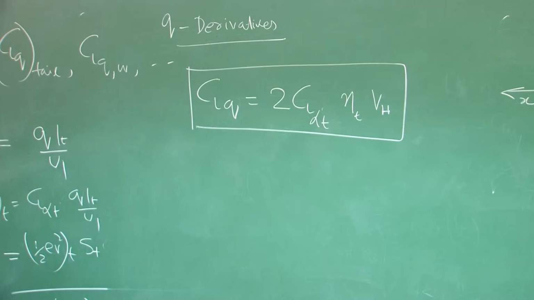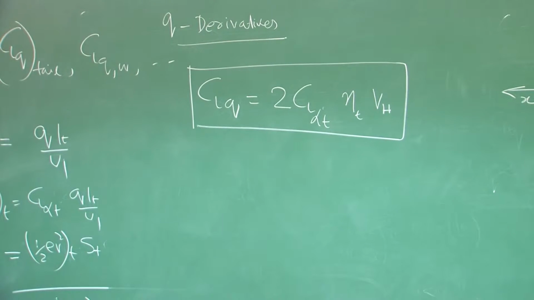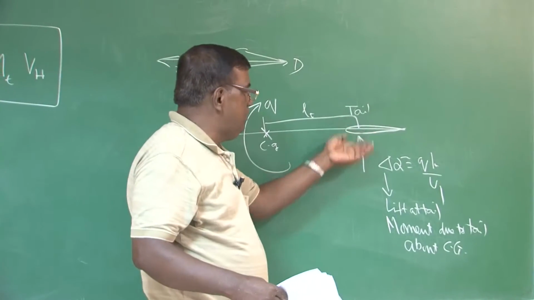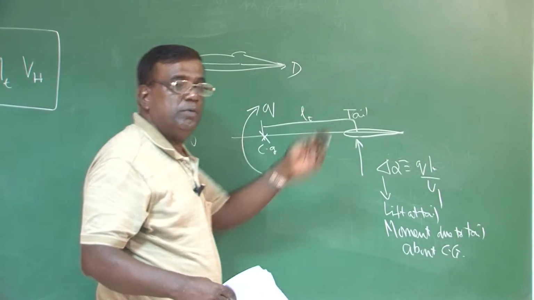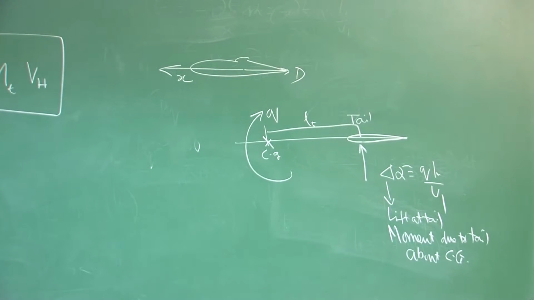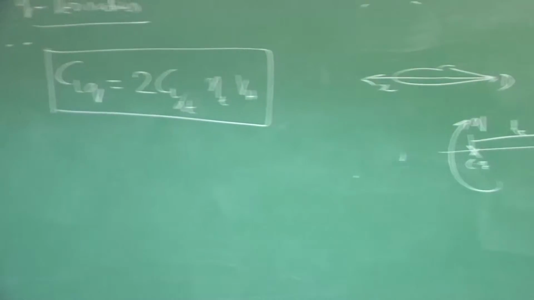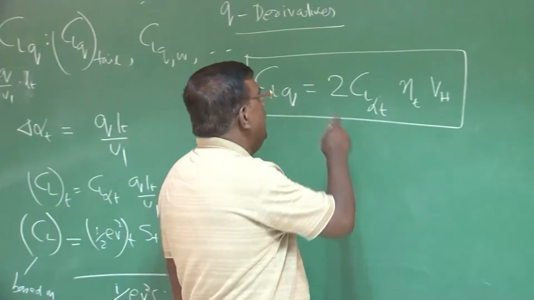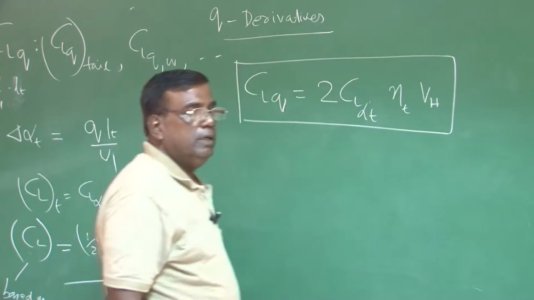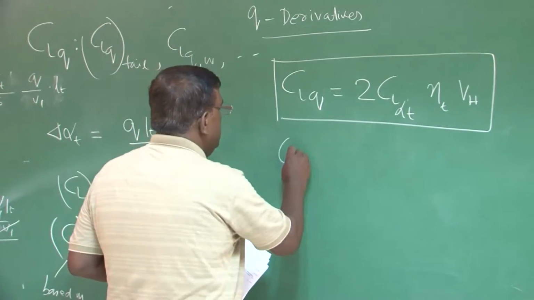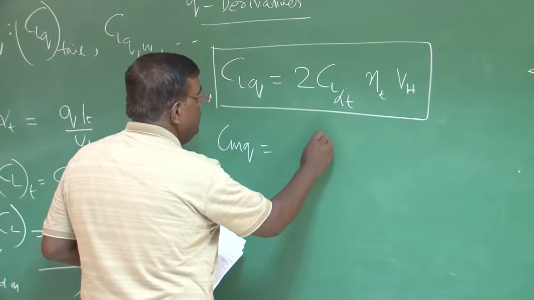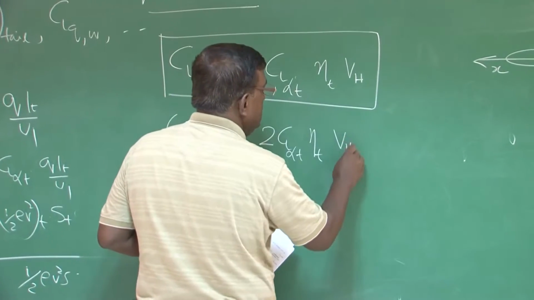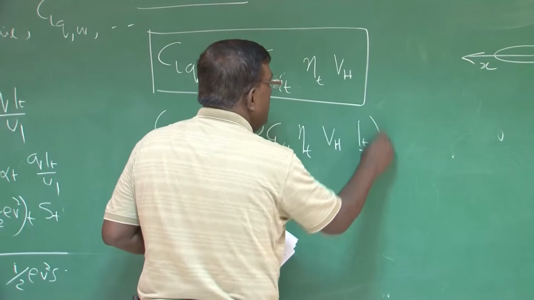Note that the sign of CLQ is positive, which is true because as it goes pitch up, it pushes the air down, so that lift is upward. But then the question is that CLQ will give a nose down moment, which is negative. And how do I find that? Very simple. I multiply this with tail moment arm. So, from here I write CMQ will be 2 CL alpha tail eta T V_H into L_T by C, but